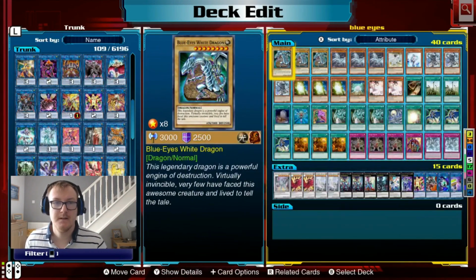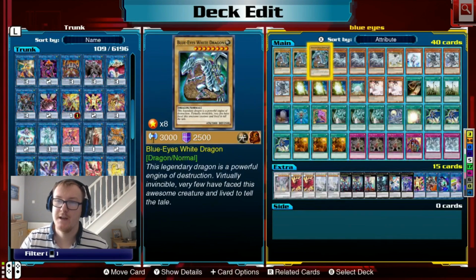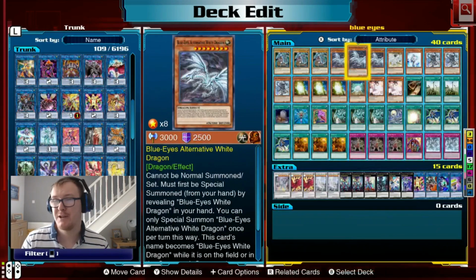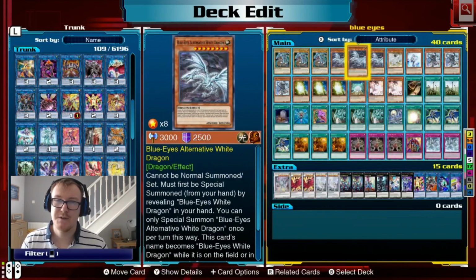Okay, starting us off is the 3 copies of the Blue-Eyes White Dragon. Standard in this deck has to be included at 3. And that's because we're running the 3 copies of Blue-Eyes Alternative White Dragon. Basically, if you have a Blue-Eyes White Dragon in your hand, you can summon this bad boy just by showing